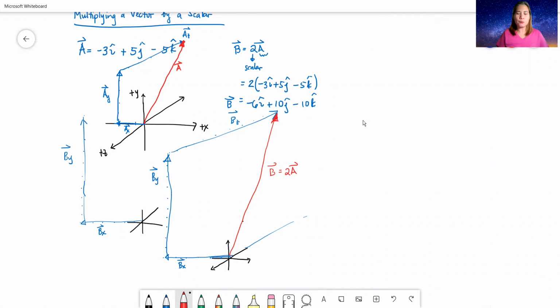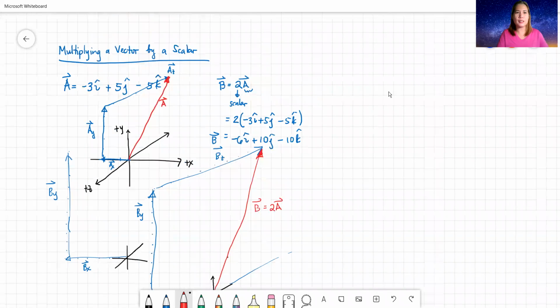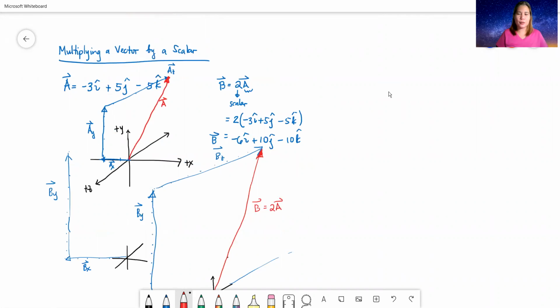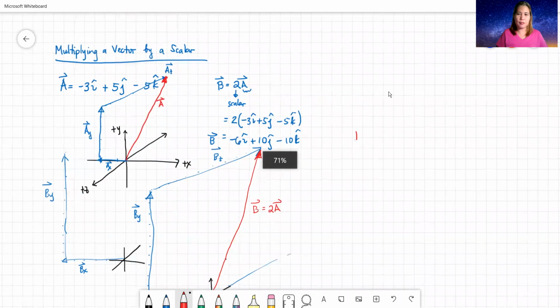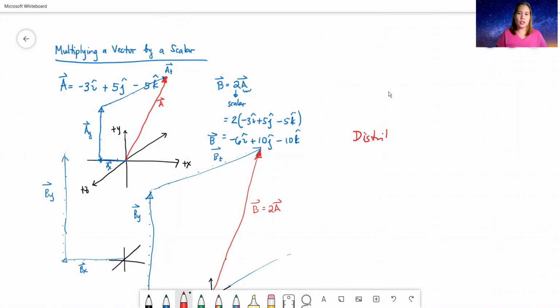So in this video, I showed another example on how to illustrate a vector when it is in component form. And we've also talked about how to multiply a certain vector by a scalar. So again, you just use the distributive property, and be careful in simplifying. The scalar, since it has no direction, does not affect the direction of the original vector. It only changes the magnitude.